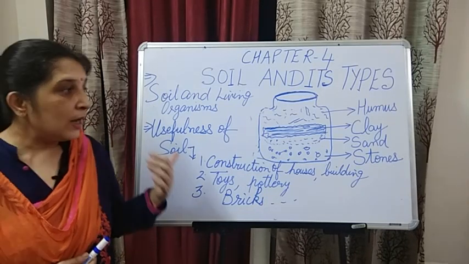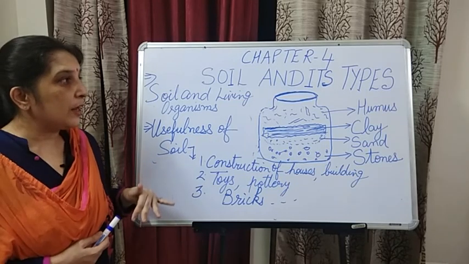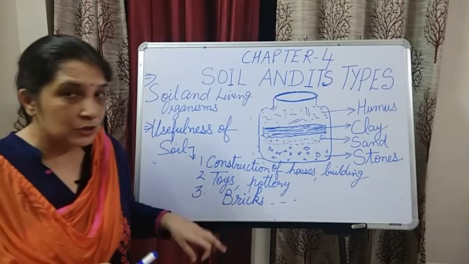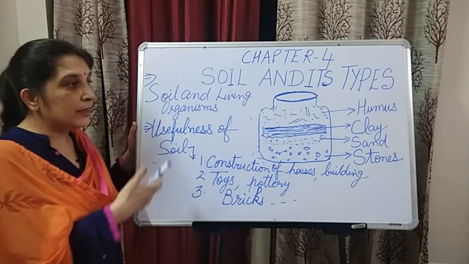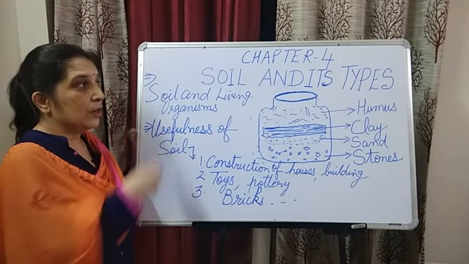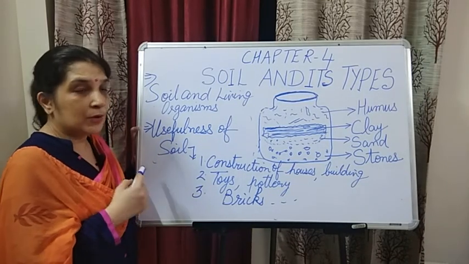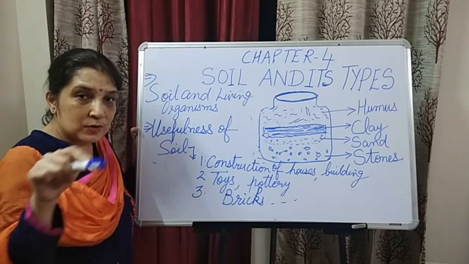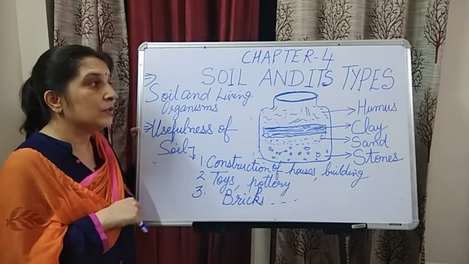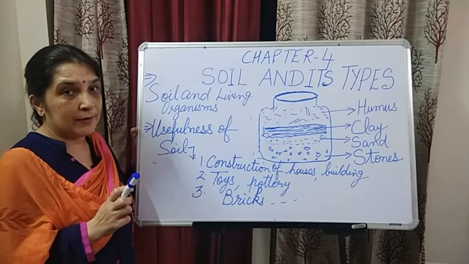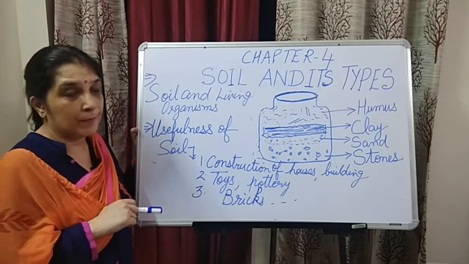Now we are going to discuss the remaining part which we did just now, just to have a quick recap of what we learned today. This whole chapter, first we learned what is the meaning of soil, the topmost layer of the earth on which the plants grow. Then we discussed formation of soil, how soil is formed.